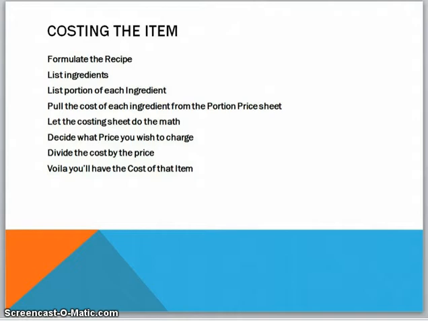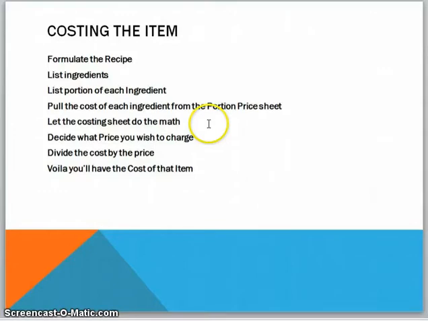You then get the costing for that particular item that you have selected for this recipe, and you get that from the portion sheet that we did way back when. By doing that, you will be able to estimate not only how much each individual ingredient costs, but you'll also get the cost for the actual item that you are working on. So let's say it happened to be a quesadilla and you come up with a total cost of, let's say